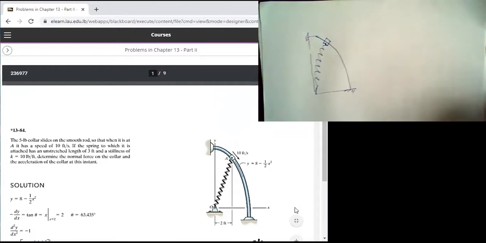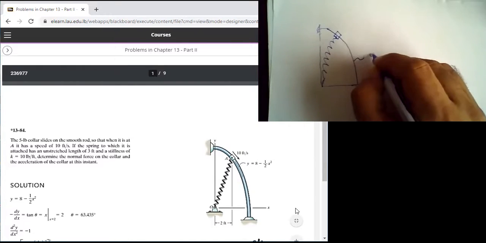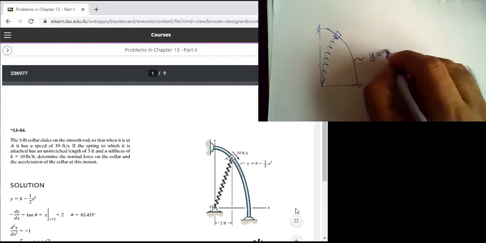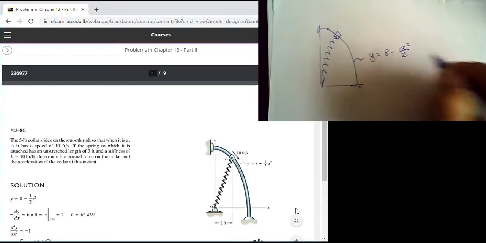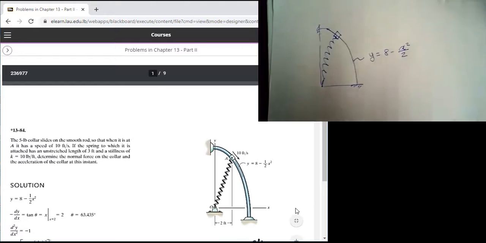Okay, and they tell us the curve, the equation for this guy is y is given to you as 8 minus x squared over 2. Okay, so the 5-pound collar slides on a smooth rod so that when it is at A,